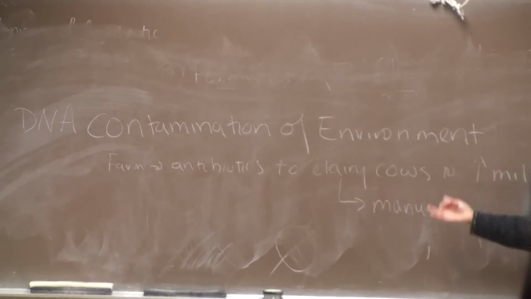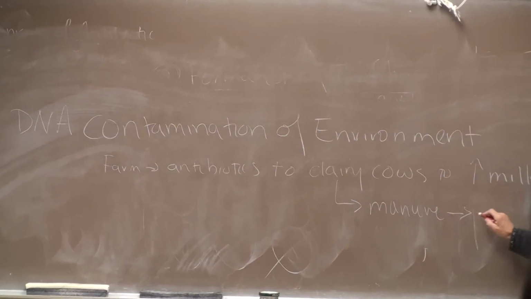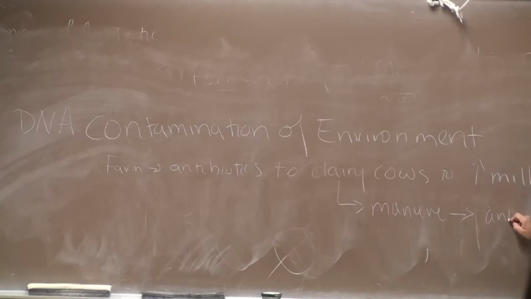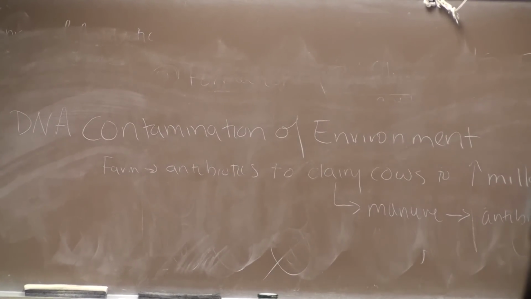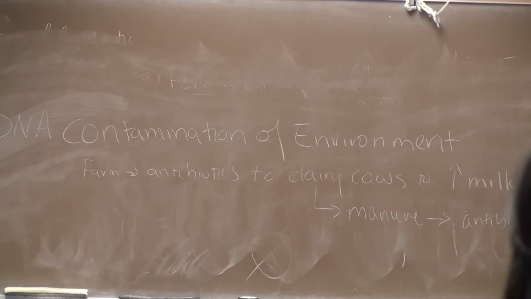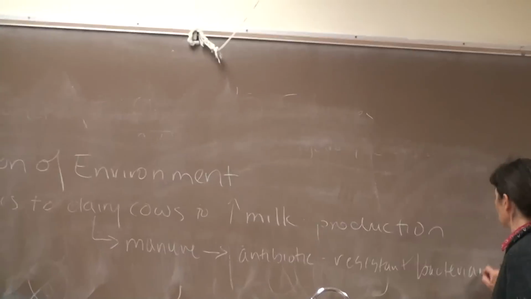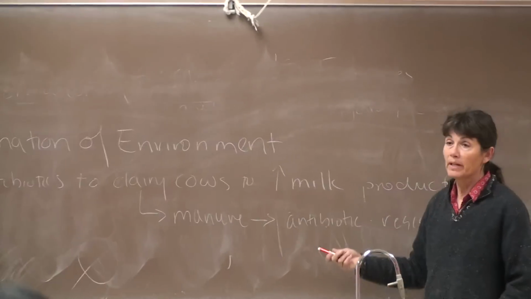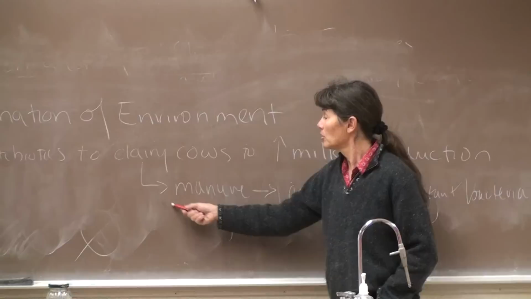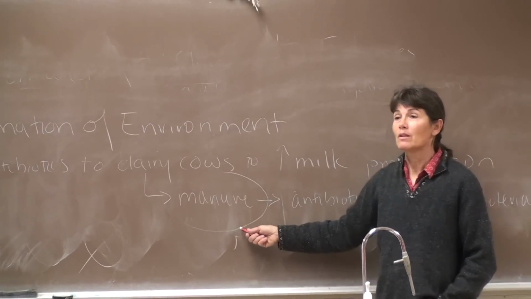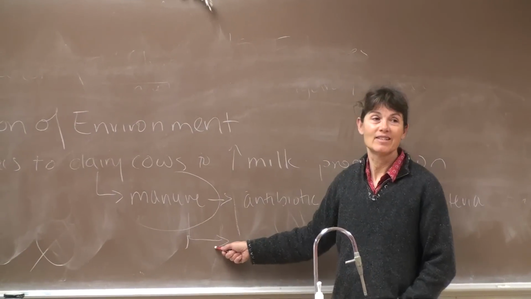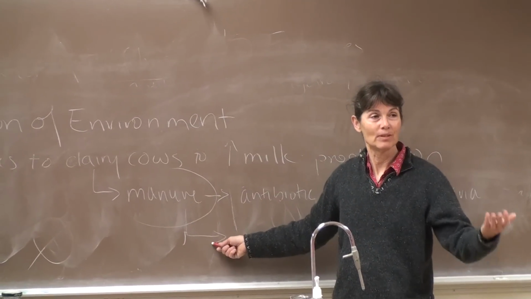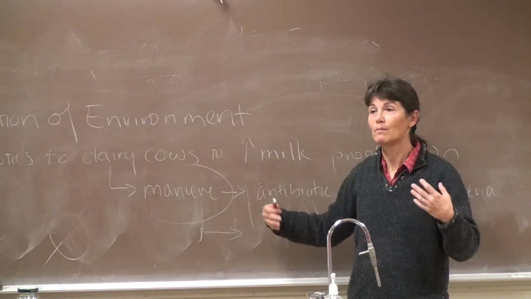And because you're giving them antibiotics, you're probably selecting for antibiotic resistant bacteria. Okay. And then what a lot of these big farms do is they'll harvest the manure and they'll use it to fertilize next year's alfalfa crop. Alfalfa is harvested and made into alfalfa